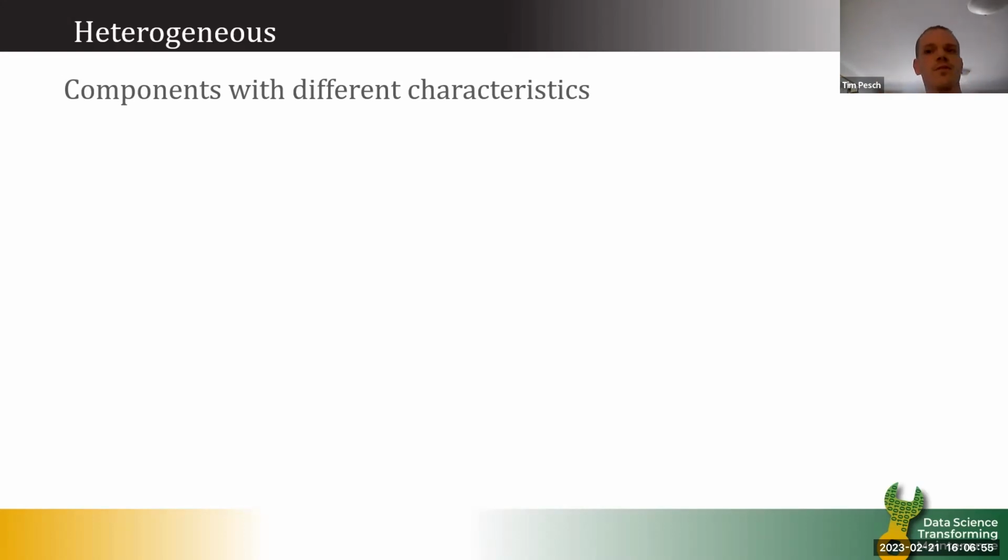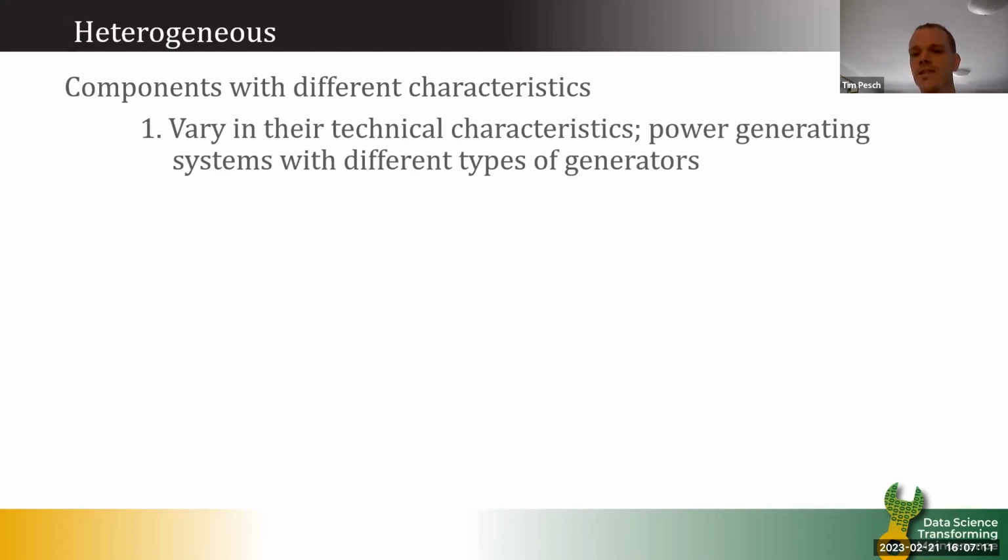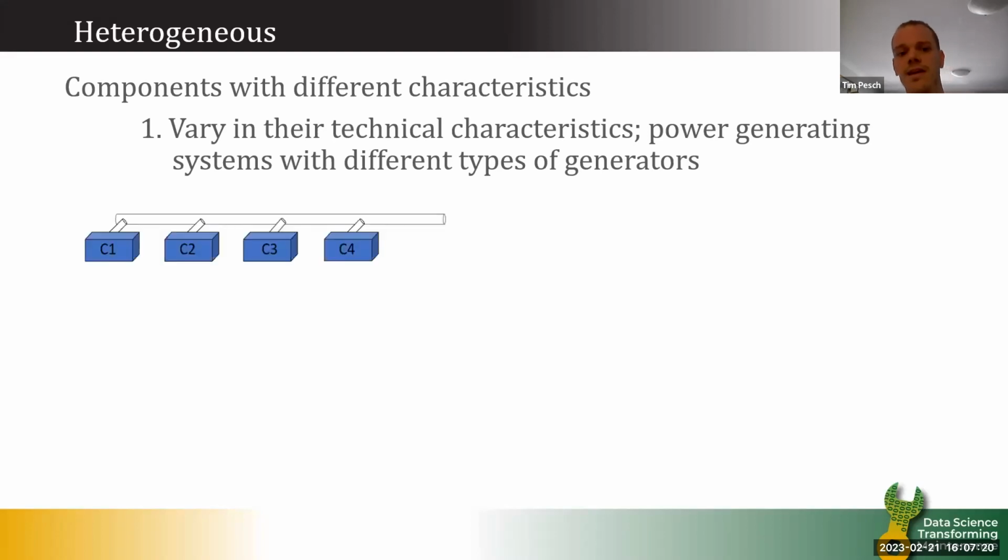Okay, so kicking off with a little bit of terminology. This research idea is focused on multi-component systems where components are regarded as heterogeneous. And I'm just going to explain a little bit what that means and why this assumption might be reasonable. So there's really two reasons why we might think that components are heterogeneous. The first one is that components are just of different type. So instead of, let's say, considering a system of 4 power generators, for example, which are all of the same type,